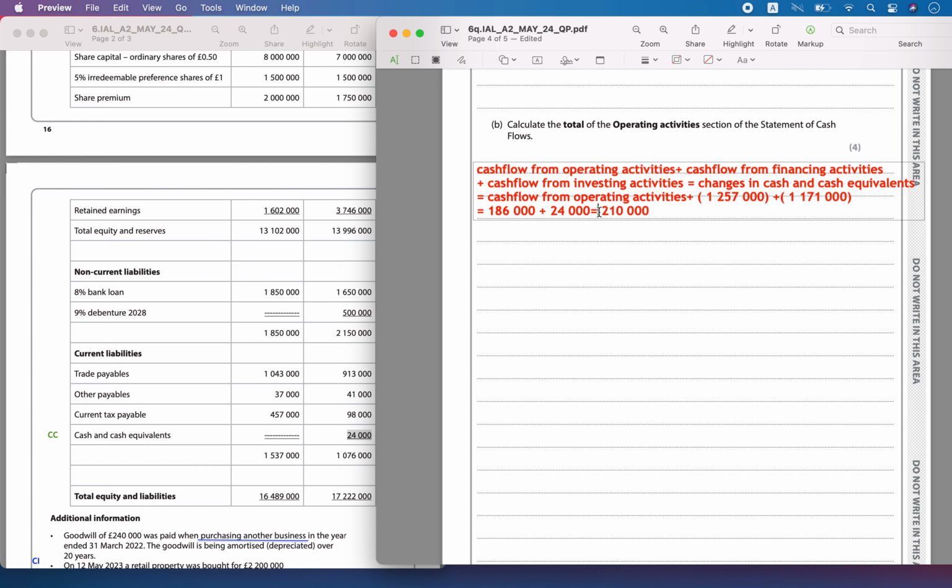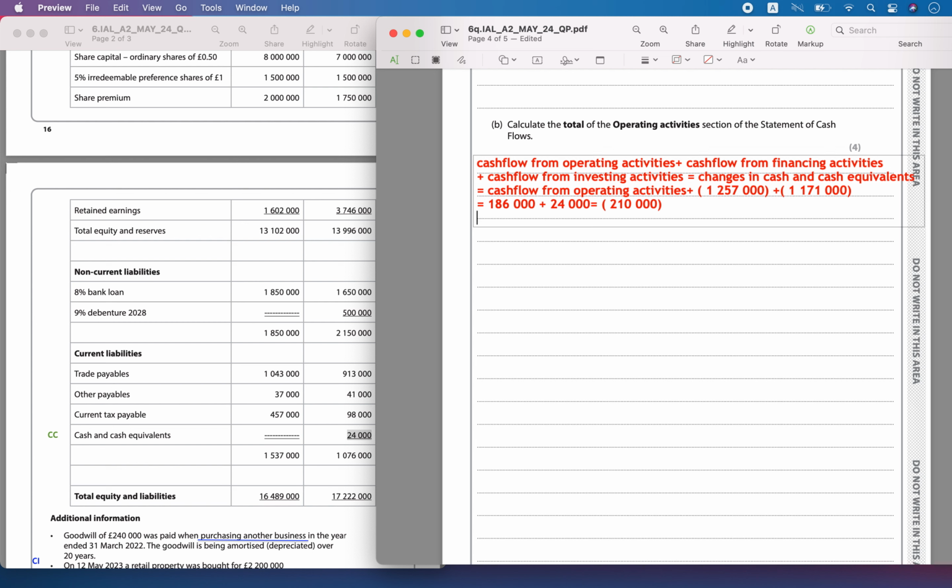There is a decrease, so I'm going to take it as negative. It is a decrease in the cash and the cash equivalent that has happened, so I'm going to take it as negative. The total change is going to be 210,000. Now the activities can be calculated. So plus the cash flow from the financing activities was 125,000, and the cash flow from the financing activities was this much,